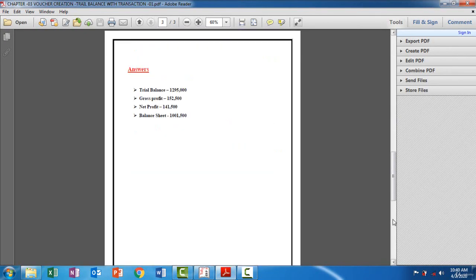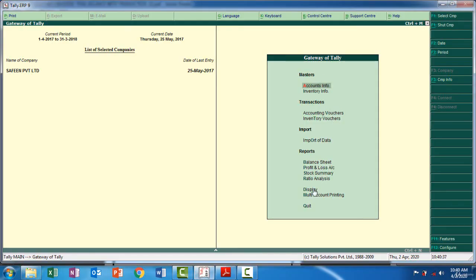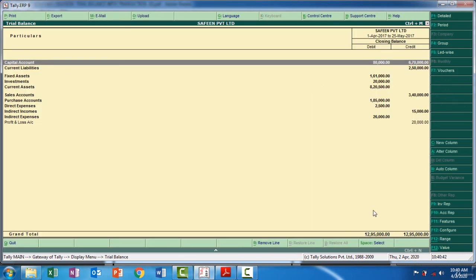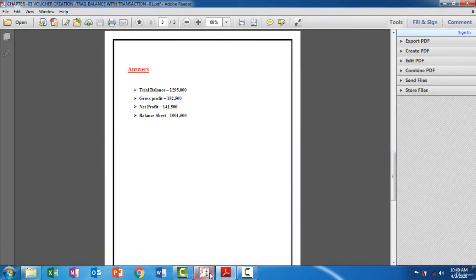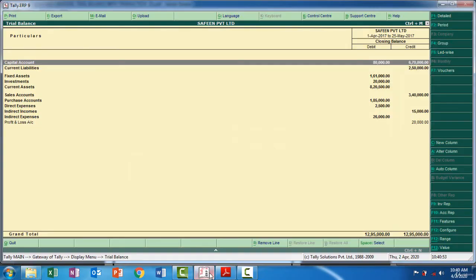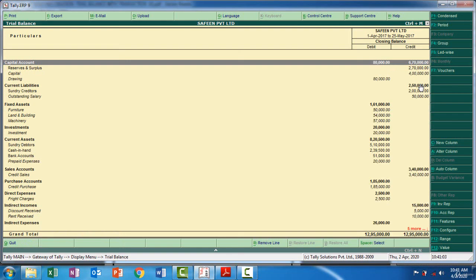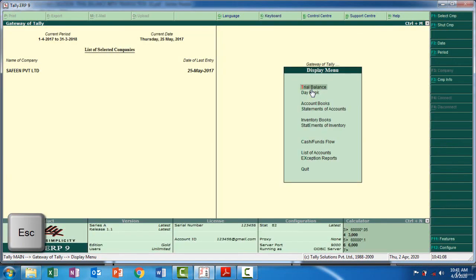So now I'm going to look at the answer. The trial balance is 1,295,000. So I'm going to go to the gateway of Tally, display, trial balance. You can see that 1,295,000, as well here also 1,295,000. That's correct. If you want more details, press Alt plus F1 and you can see all the information in the trial balance. Next I'm going to press the escape key,